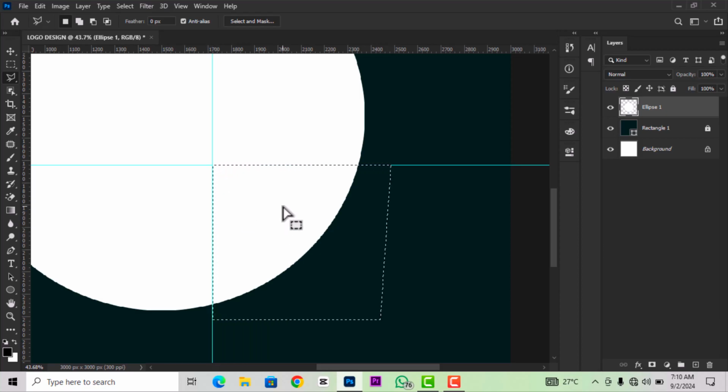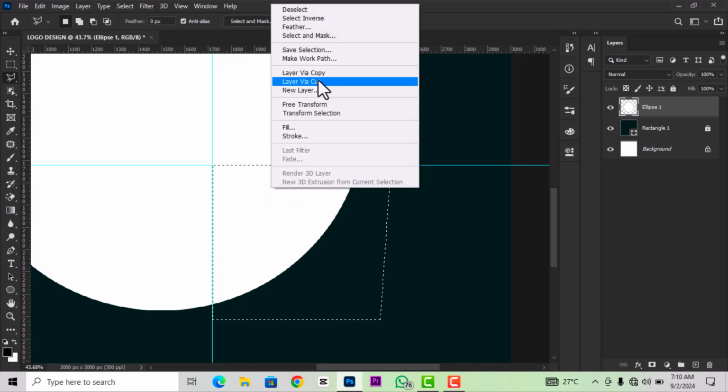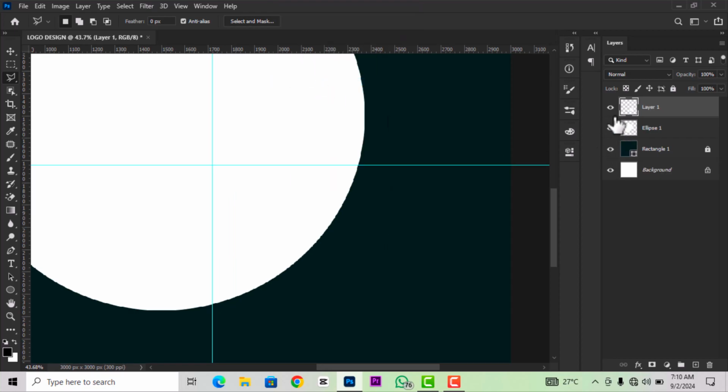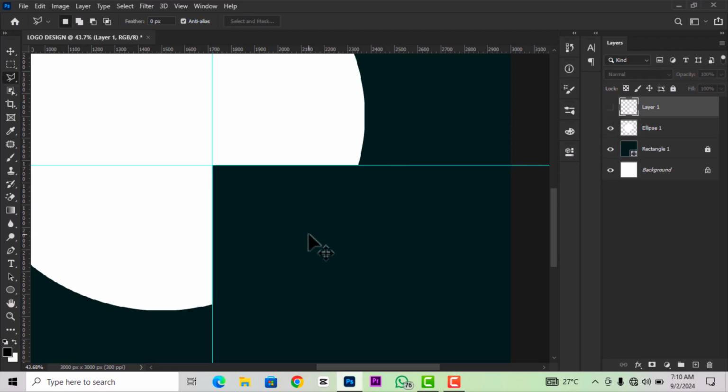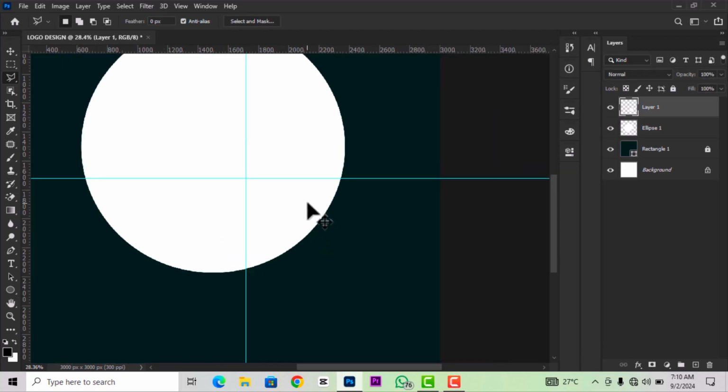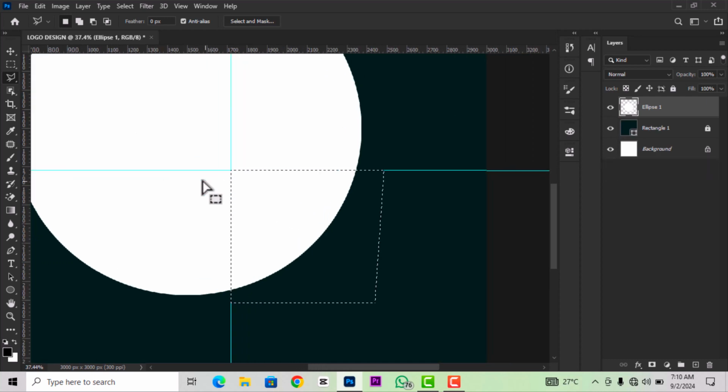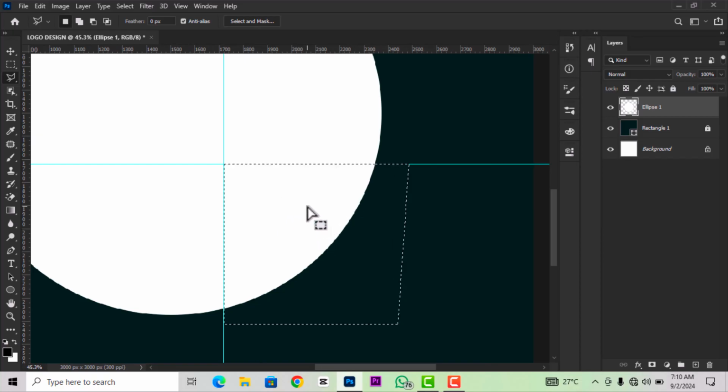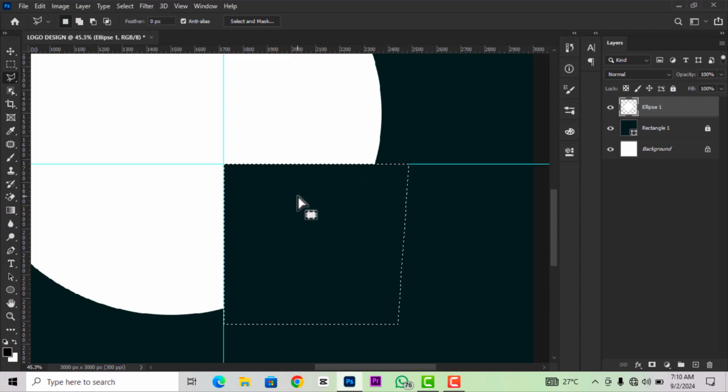When you are done selecting it, you can either right click and then click on layer via cut to get rid of it, or you can better still, after selecting everything, click on delete to get rid of it,